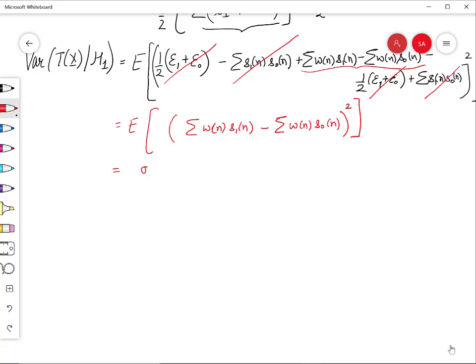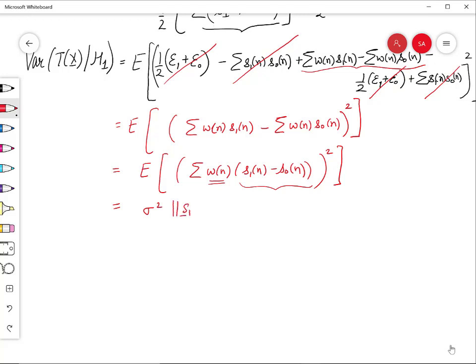Let me show you one more step which will be much more intuitive for you: this is summation Wn of S1 of n minus S0 of n and whole square. So here it is a summation over Wn times this particular factor. I'm directly writing it. You can open the square brackets and then solve it. You're going to get sigma square of S1 minus S0 norm square to be the variance of this test statistic